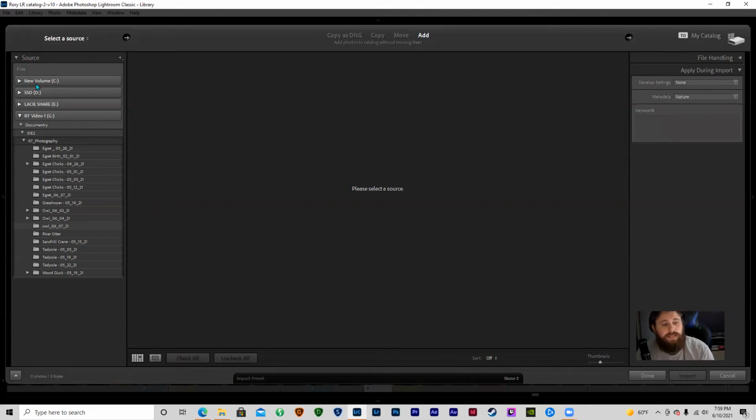On the left-hand side, you will see every hard drive or source that Lightroom can detect. If you had a thumb drive in, it would detect a thumb drive. So right here in this, but we're going to go to,